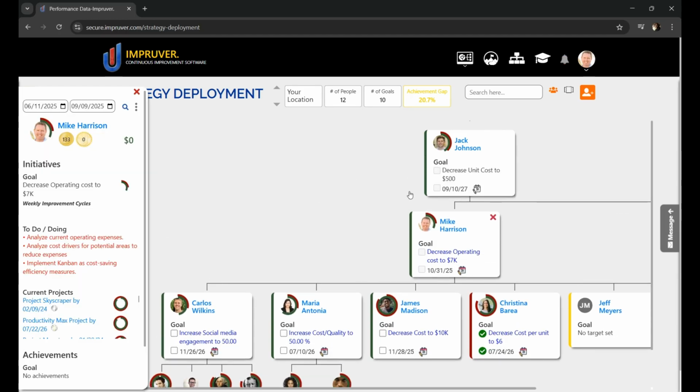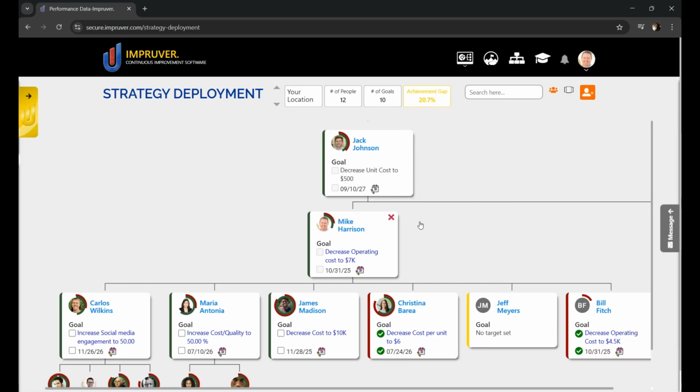When your strategy board opens up, this is what you'll see. Let's make a couple adjustments so you can get a better view. At first glance, since I am logged in as Mr. Mike Harrison here, it will show me front and center, right? But it will also show my manager, who is Jack Johnson, and it'll show my team, which are Carlos, Maria, James, Christina, Jeff, and Bill, right? You can navigate across and up and down the org chart here and see how the rest of the organization looks. For example,